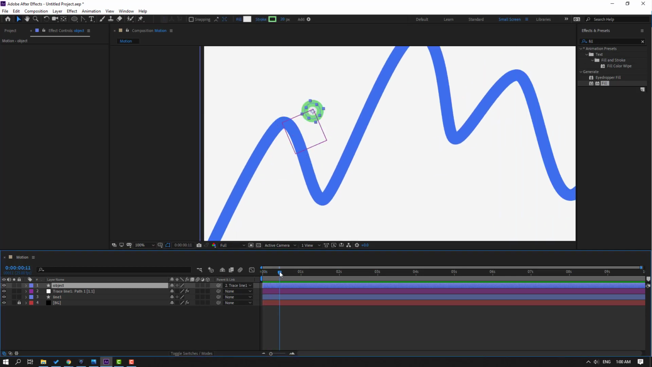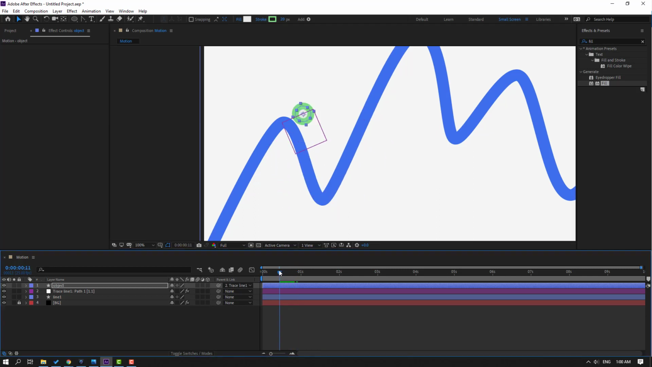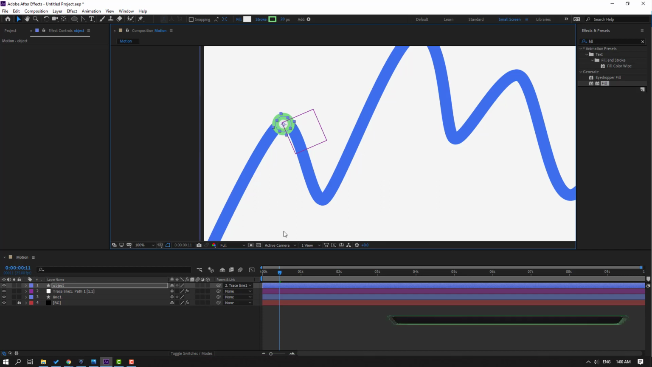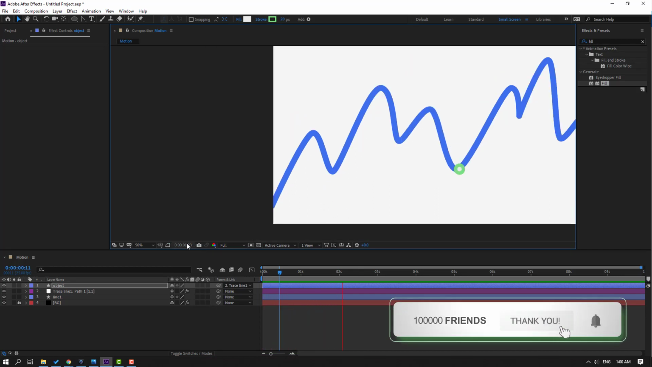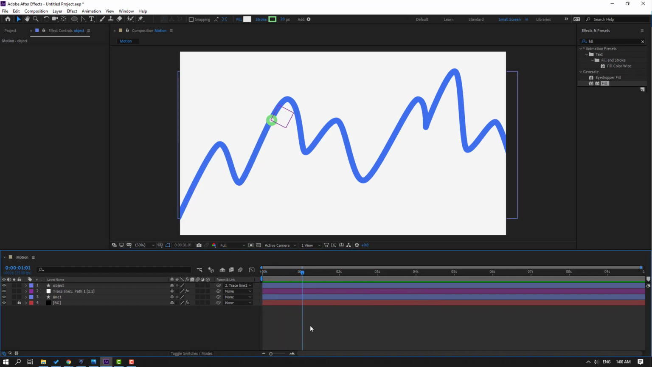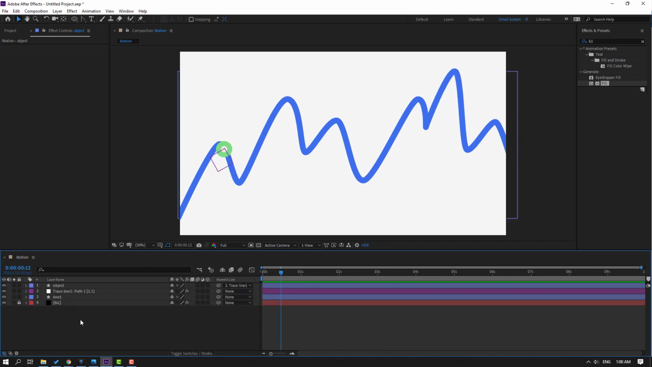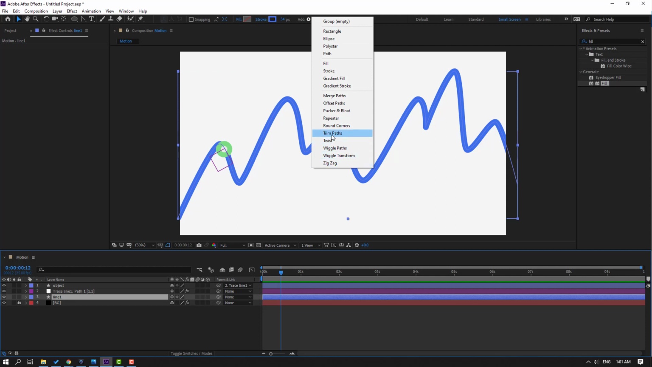Okay. Let's select this object and move to here. Let's see again. Let's move to here. Okay, nice. So let's select this object, press S, change scale like this. Okay, very nice. Okay, in this time, let's select this line and go to add, open this trim paths and